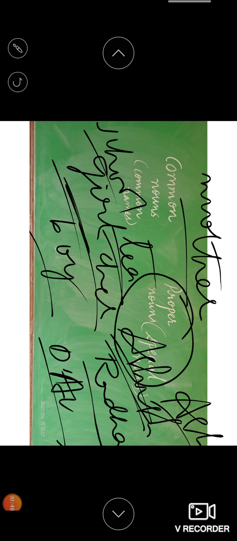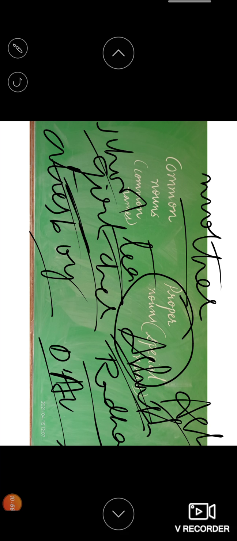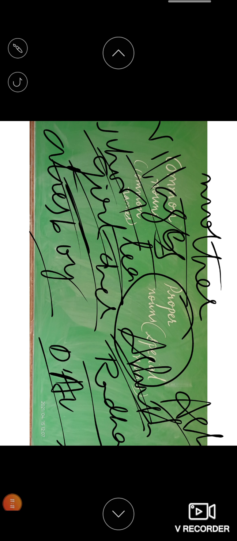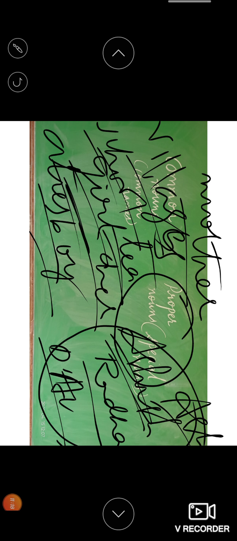Proper noun, or we can call them special names. Cities, if I say cities, are commonly used. Name some cities, and you will start telling Delhi, Bombay, Hyderabad, right? If I say village, there are many villages, it's a common noun. Name some villages, and you will start writing Diggaon, Ittiga and all, right? So we have the special names and the common names. Common names are used commonly for some particular things, persons and all, whereas when we use that name for that particular person or thing, they are called special names or proper nouns.